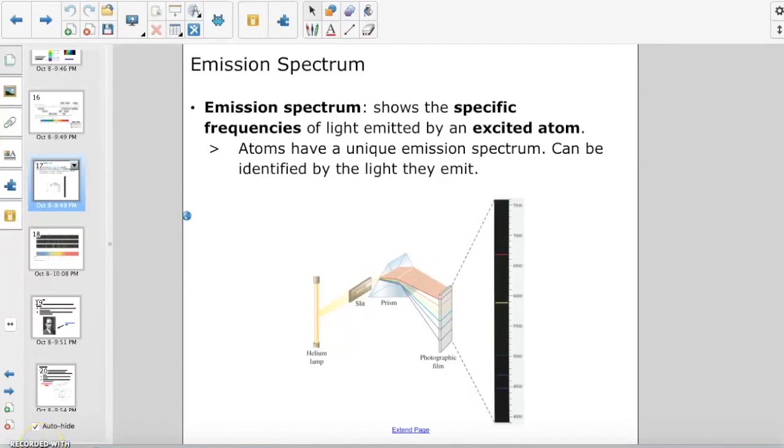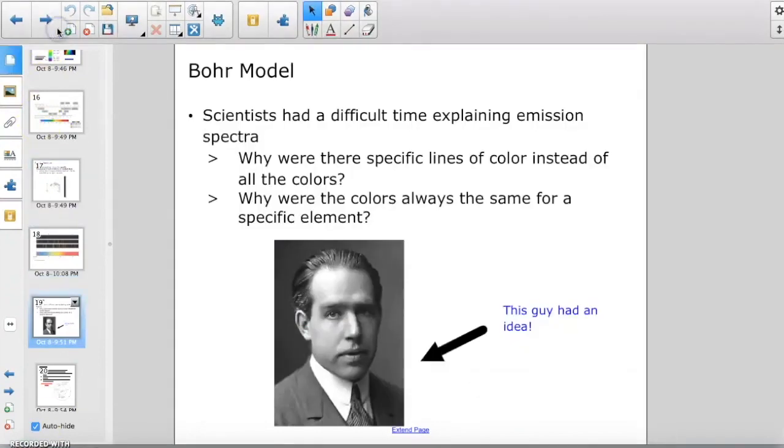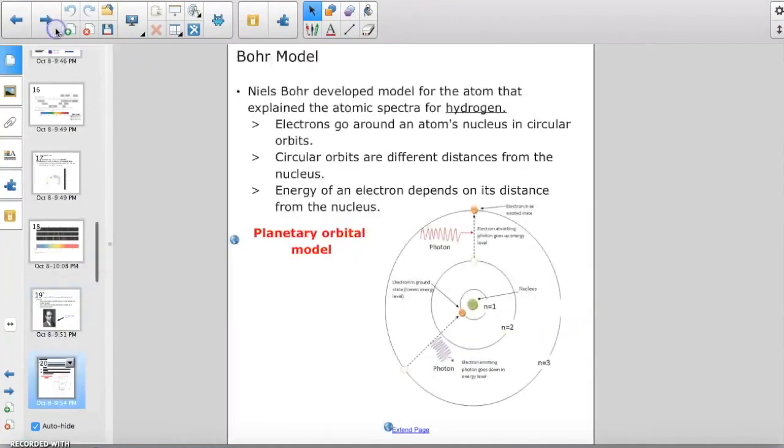The first person to explain the emission spectrum of different elements was Niels Bohr. So the question at that time was, why were these specific lines of color instead of all the colors, and why were the colors always the same for the specific element? Well, Niels Bohr developed a model of the atom, specifically the hydrogen atom,